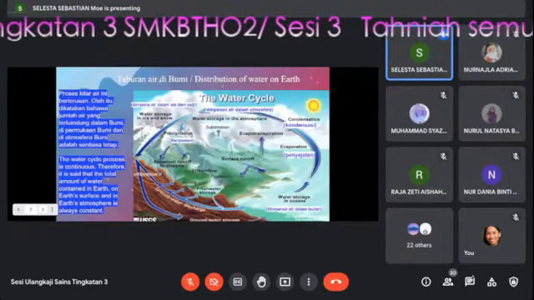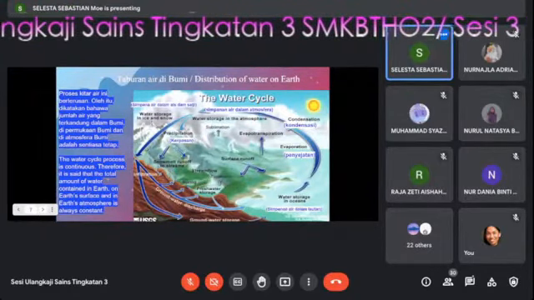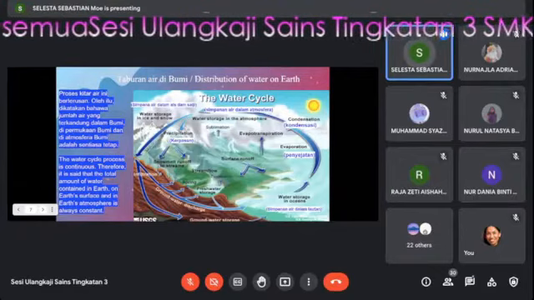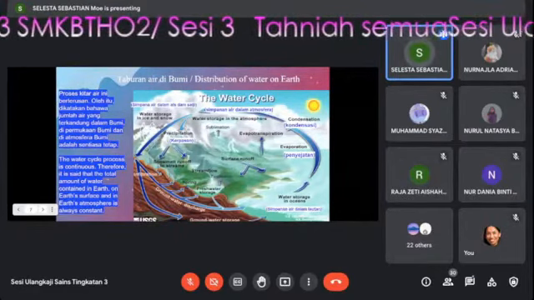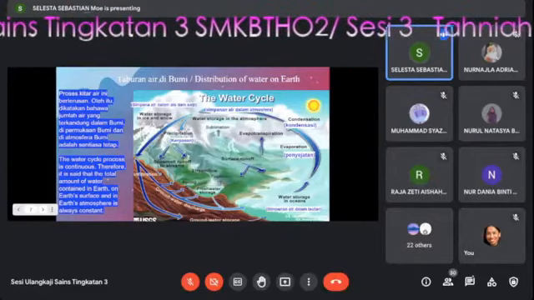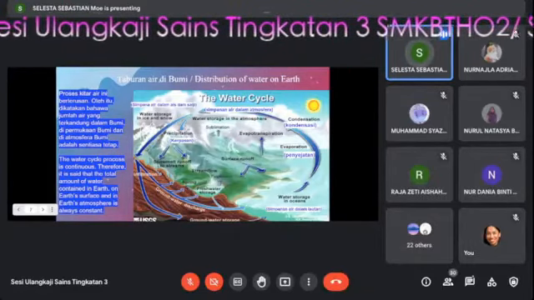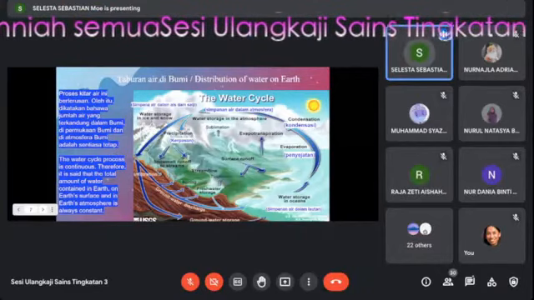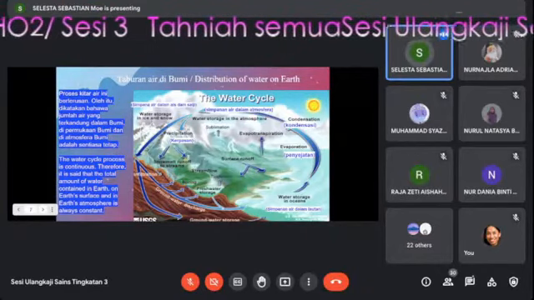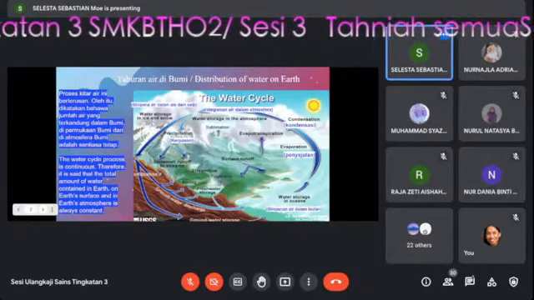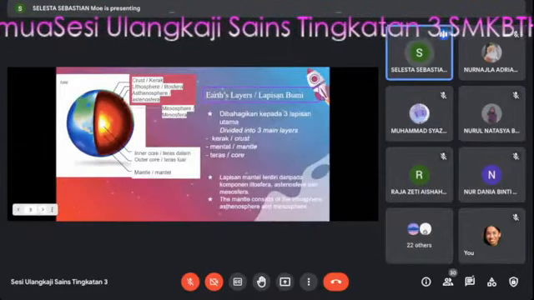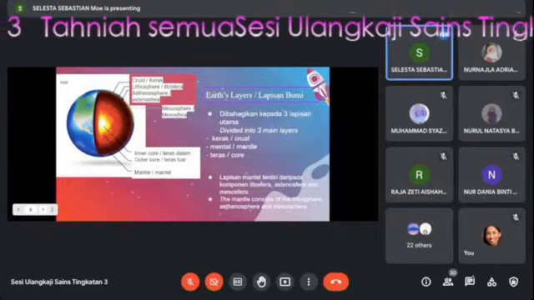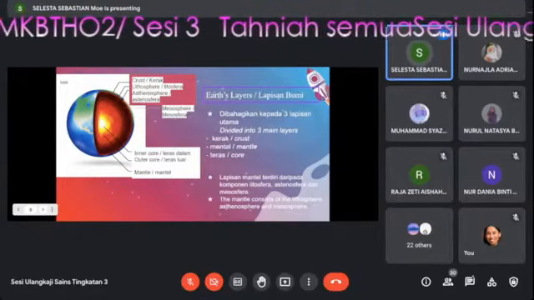Distribution of water on Earth. The water cycle process is continuous. Therefore, it is said that the total amount of water contained on Earth, on Earth's surface, and in the Earth's atmosphere is always constant. This is an image of the water cycle process. Earth's layers. The Earth is divided into three main layers: the crust, mantle, and